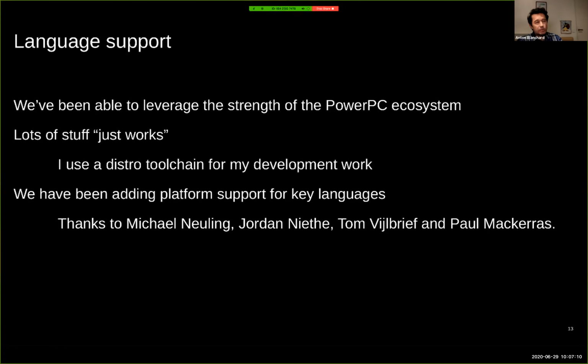A little bit about language support. As I said, this is something that's just come on the scene since August last year. One of the reasons we were interested in trying this was that we could really leverage the PowerPC ecosystem. One example is I use my distro toolchains for my development work. Over time, we've been able to take stuff that already runs on our power systems and